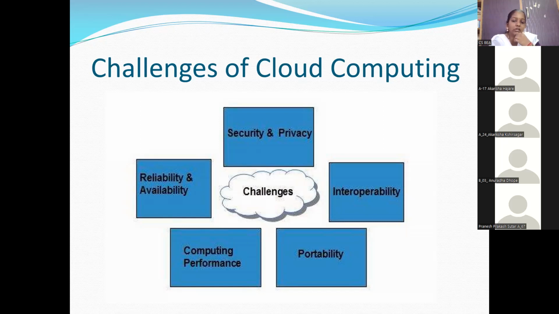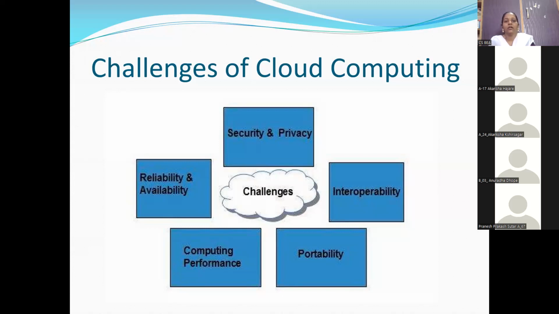So here we are ending with the first unit. In our first unit, we have seen the history of cloud computing, evolution of cloud computing, then the difference between traditional and cloud computing, why to go for cloud computing.